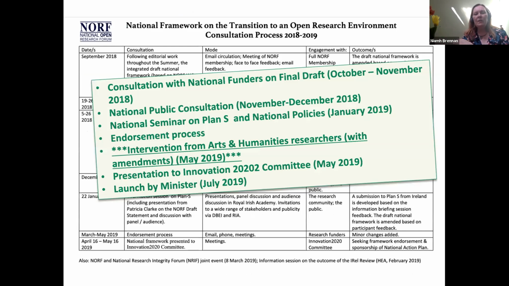What we did in Ireland, we did that mapping, and we got agreement from all of our funders. We did enough to make it palatable, and it's not easy to do that for a whole group of different interest groups within a country. I should mention that because it came up with a question when Jan and I were discussing, or Johan and I were discussing this before this talk.